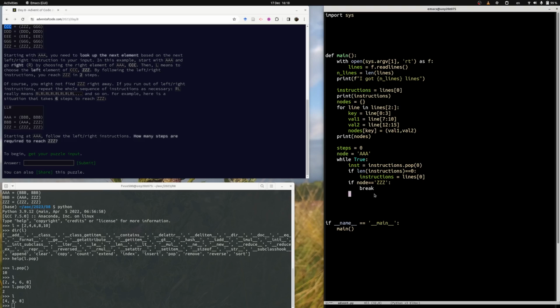So that's how we'll finish if we've actually landed on ZZZ. So the next node, we've got our instruction. So if the instruction is left, so if inst equals L, then the next node is